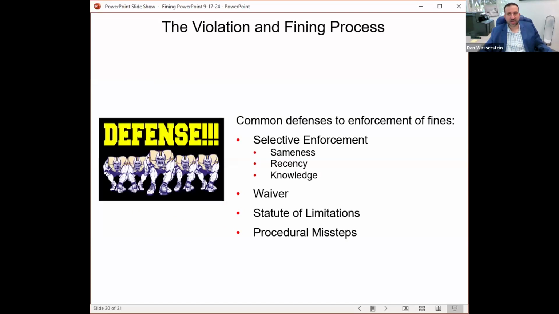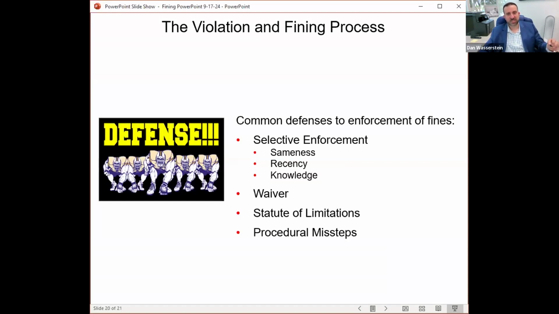Now, we're getting to the end here, and we'll take some questions at the end. This is the most important slide, I think, of the whole presentation. We've gone through this whole process, how you can do it step by step, and then what you can do with those fines, how you can collect on them, how you can enforce against people, either suspension of rights or voting rights. But what are the defenses? And this is where it's important.